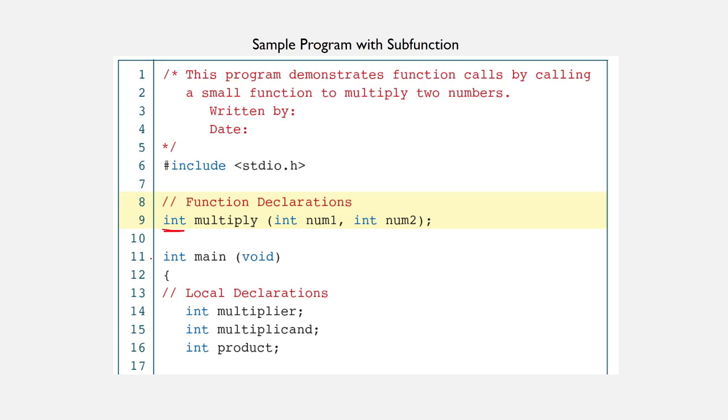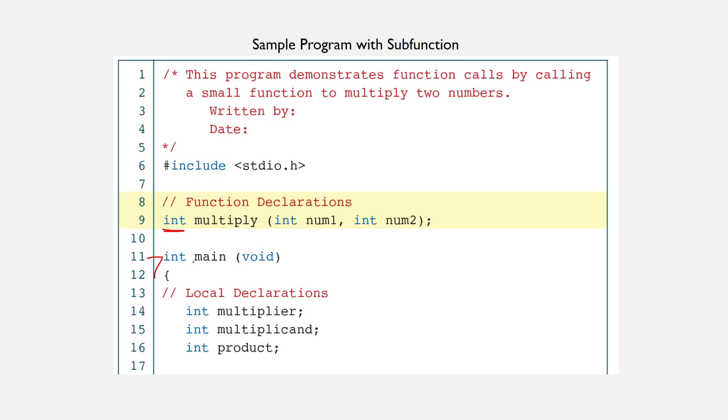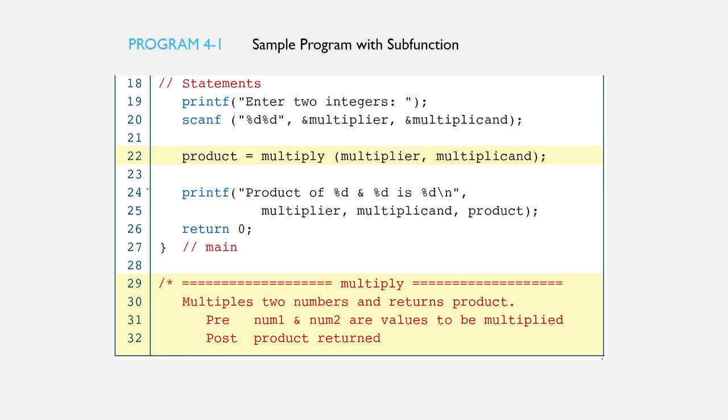And we have here the main function, starting from line 11 up to line 27. These three local declarations here are for the local variables multiplier, multiplicand, and product from line 14 up to line 16. Line 19 will prompt the user to enter two integers.